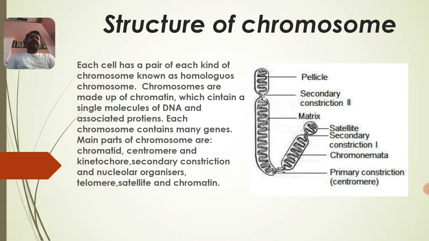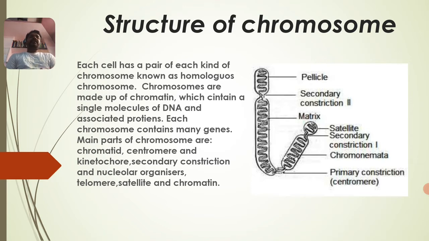And in submetacentric, it looks like an L shape. One arm is longer and another arm is shorter. In the sense, they are unequal arms formed because of the centromere being slightly away from the center. And in acrocentric, the centromere is present towards the terminal region. As a result, two unequal chromatids are formed. One is shorter and another one is longer. They look like a J shape.